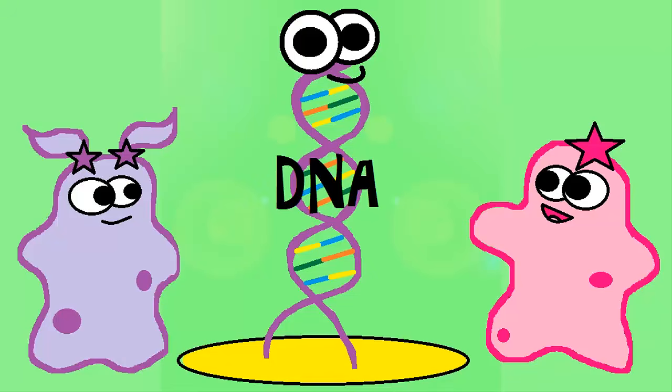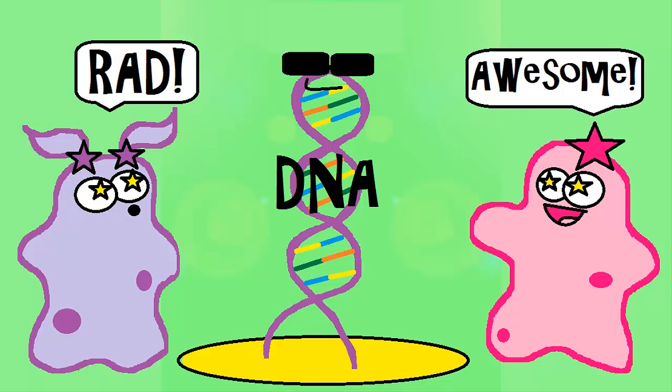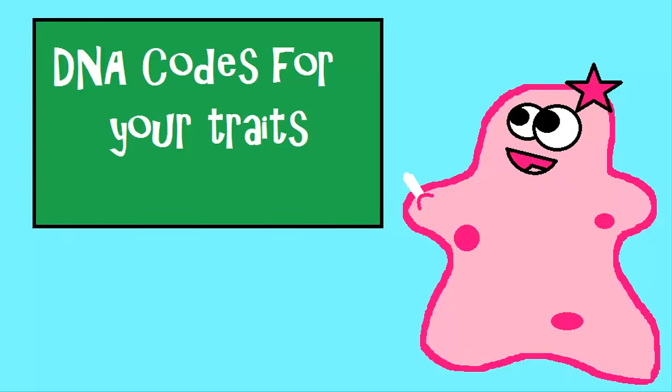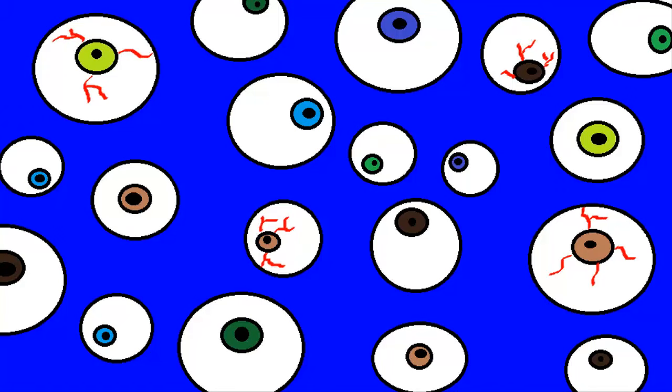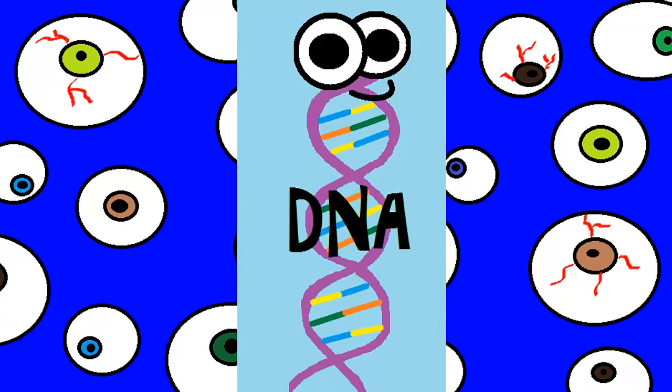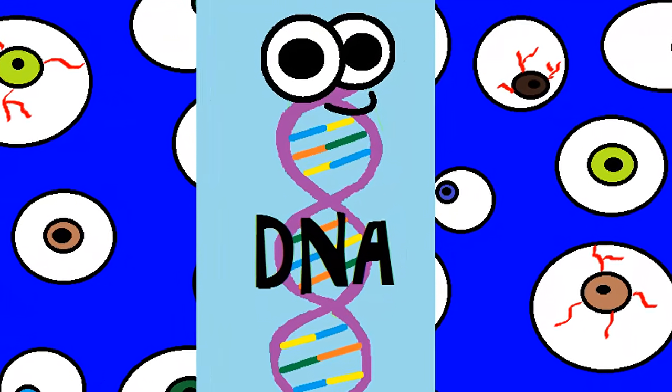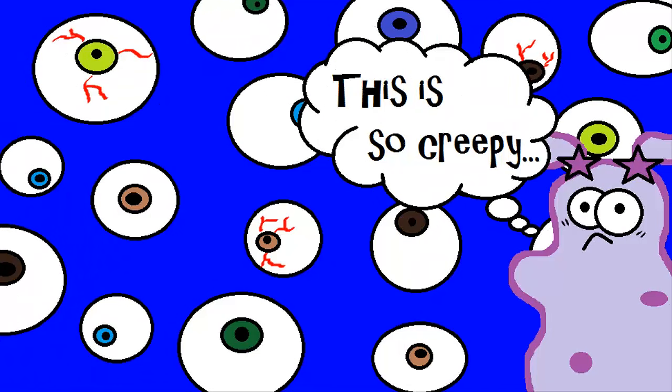We've been talking about DNA and how awesome DNA is, but what we have not talked about is how DNA actually codes for your traits. Say, for example, we're talking about your eye color. Yes, the DNA codes for the genetic information that codes for the color of your eyes, but how exactly does